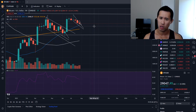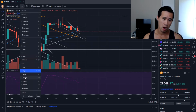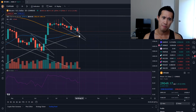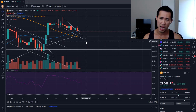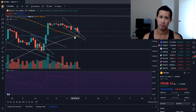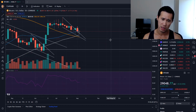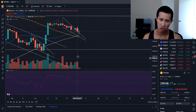If we start getting candle closes beneath those major moving averages, we do have the 3-day 50 coming up, right? And that looks like it's going to be above this falling wedge pattern that the price action has broken out of. So I think there's a pretty good chance that the price action is going to stay above where it broke out of that falling wedge pattern, because there's quite a bit of major moving averages that's approaching the top trend line, including the 3-day 50, right? If it starts breaking some of those major moving averages, that may not look good,